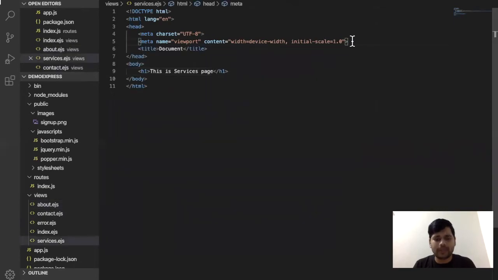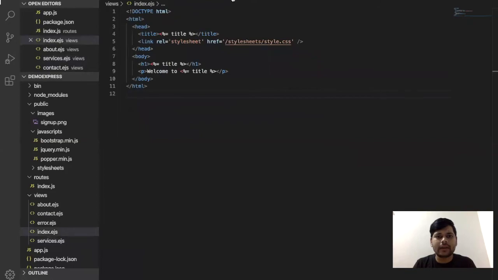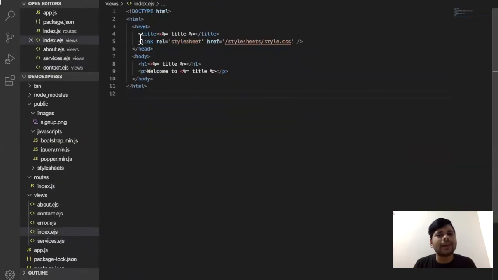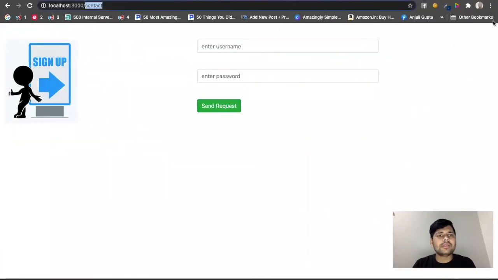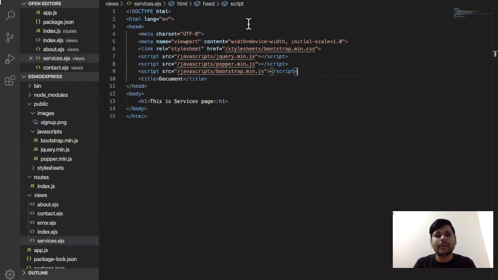I'm going to use the same stuff, services, and guys, in the about we already have, and this is our index, right? That's it. So guys, this is all about our files. If I go for about, it says about page. In the services, guys, I have not mentioned anything, so you can perform some kind of services if you want,